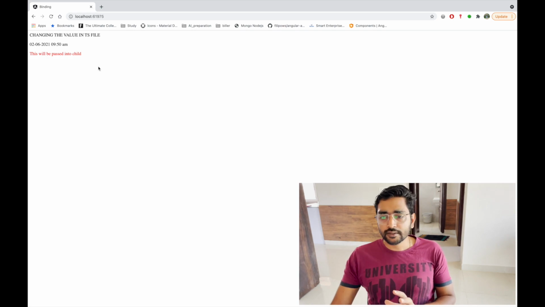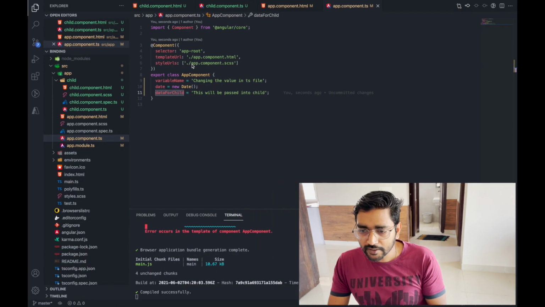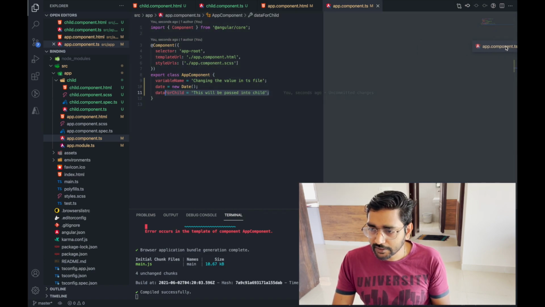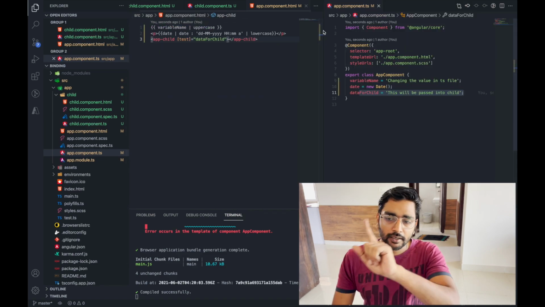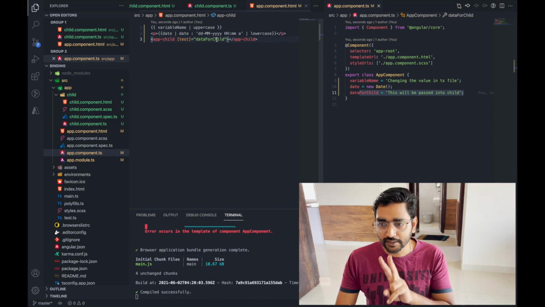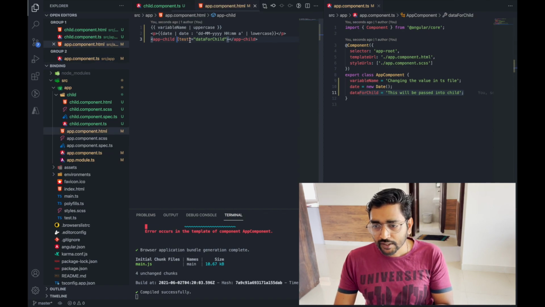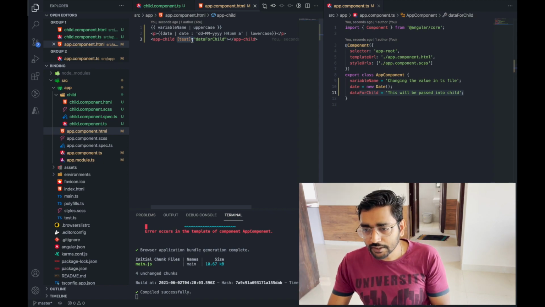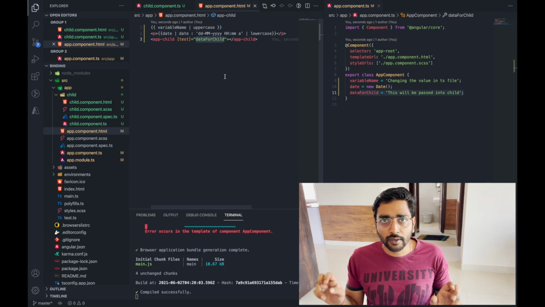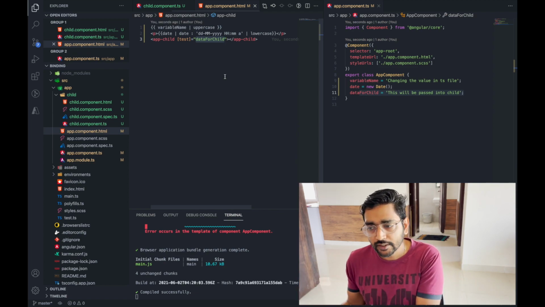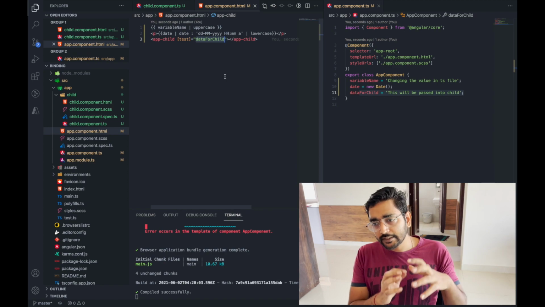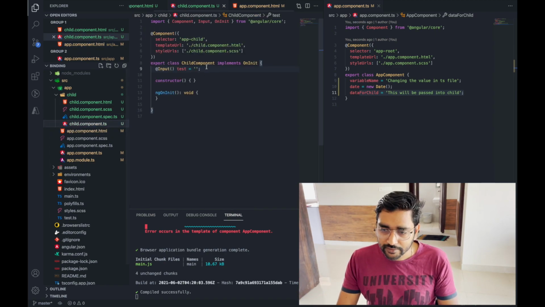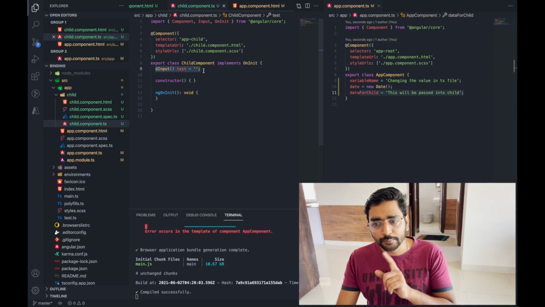So now you can see that we are passing information from our app component TS file first into its HTML second, and since we have used square brackets, whatever we have written inside the inverted commas is actually a variable name taken from its own TS file and passed into the child component using @Input.